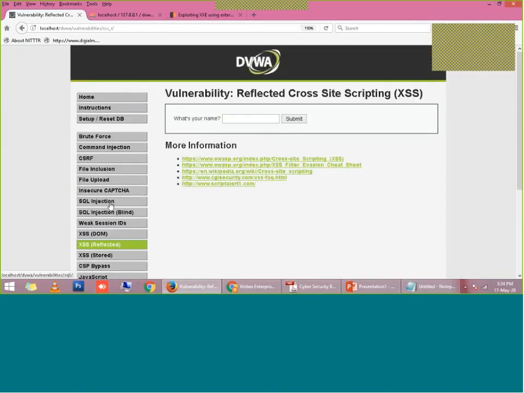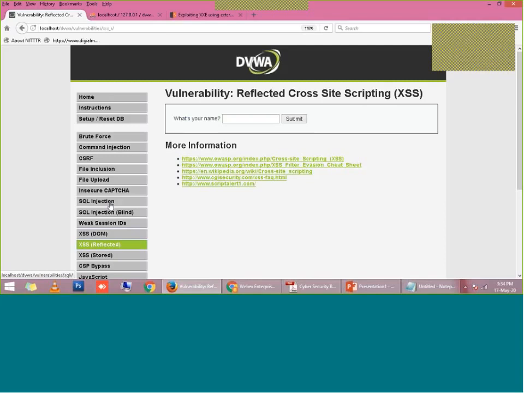If we talk about reflected XSS, I already told you that in reflected XSS you will put a URL, you can say JavaScript, and it will display on the client side.